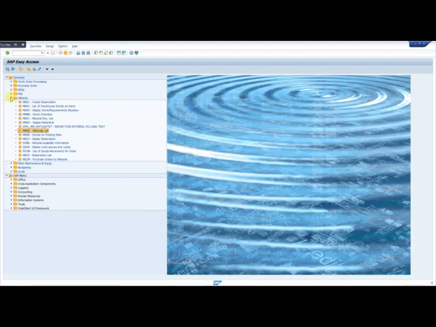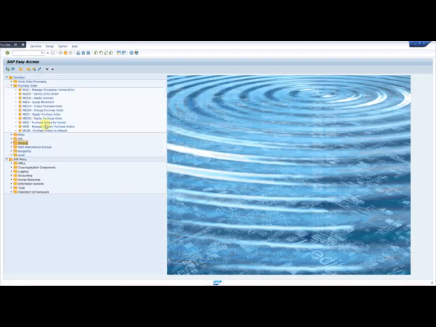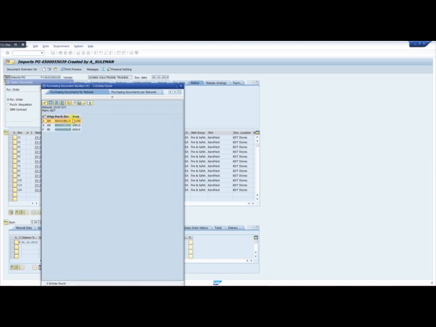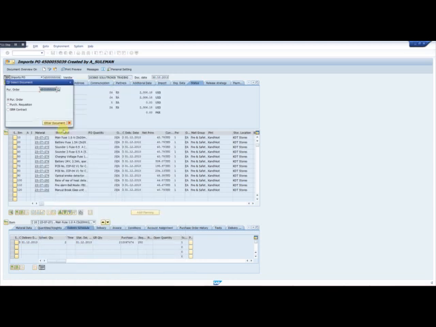Another thing, we want to approach the purchase order. So what we will do, we will go to the purchase order transaction, display purchase order ME23N. We will search through the purchasing documents for material. So we will put the material number and plant, and there we get the information. We have 2 RFQs and 1 PO. So this is our PO, and now this is the PO which we want